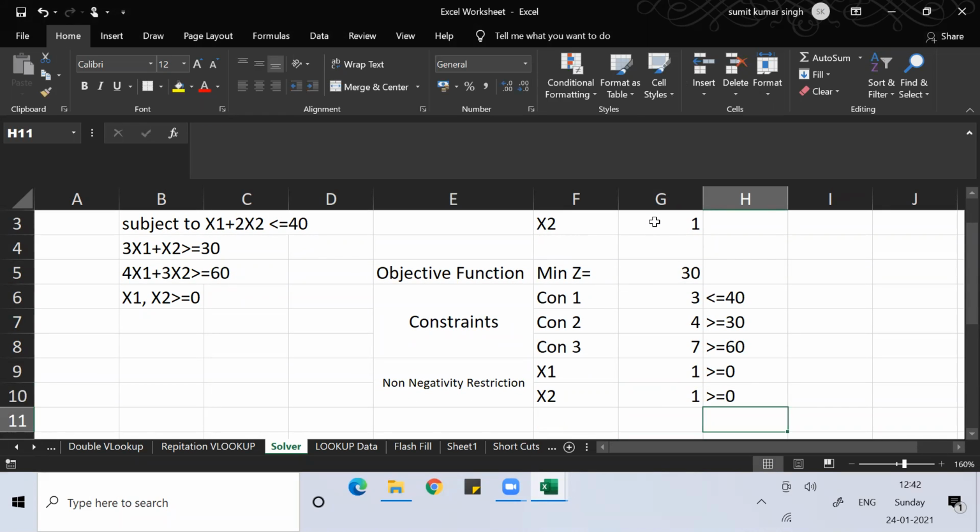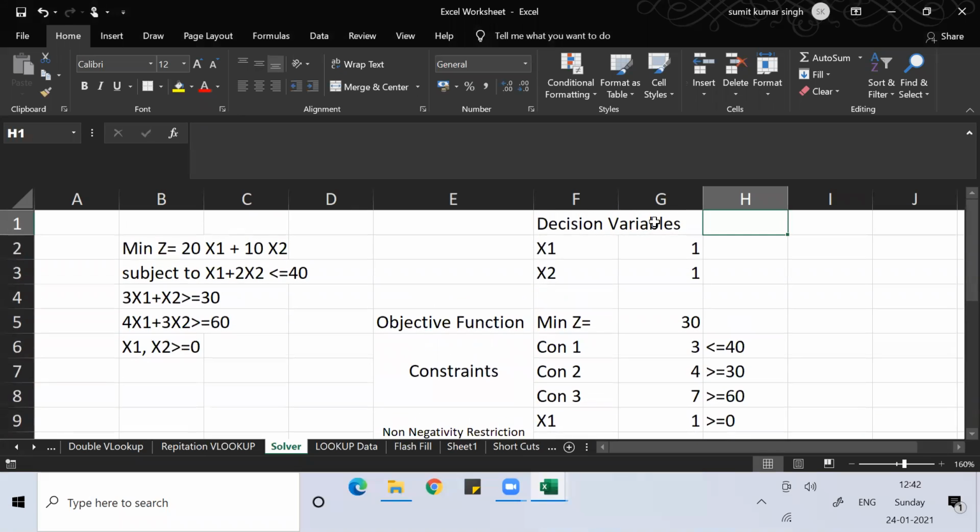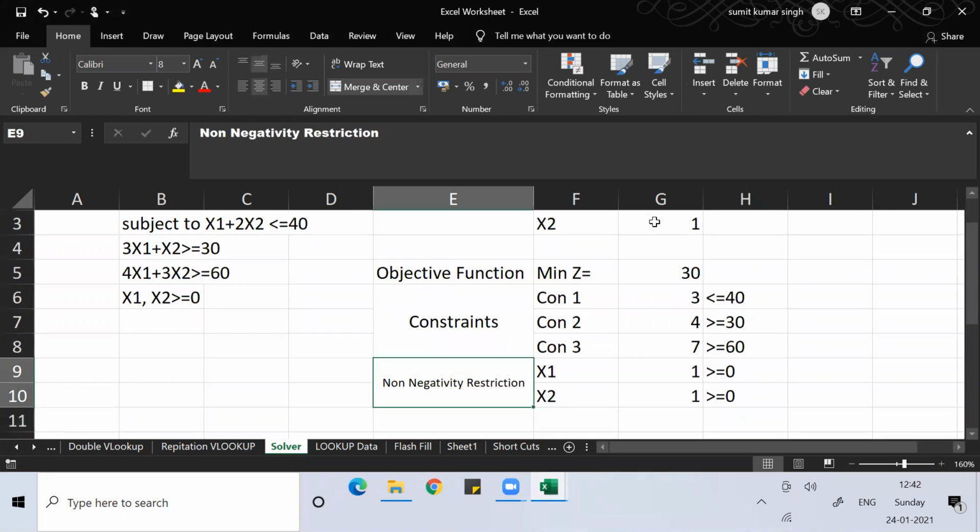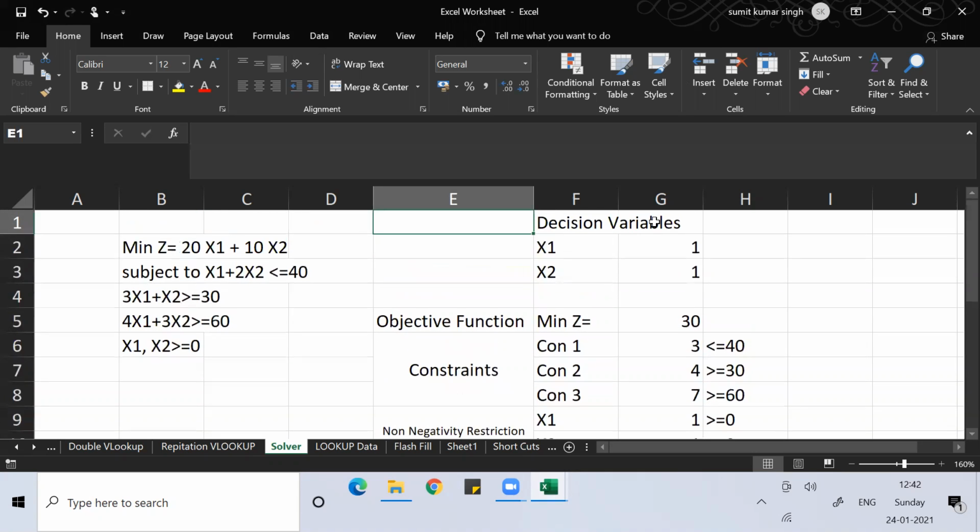This is all you do in operation research. I hope you still remember this. You can solve this problem by graphical method anyway, because two variables are there. Or you can use Solver by creating a table, and then you can introduce the dummy variable, slack variable, surplus variable in the table. You remember, right? Or your teacher used to teach you.